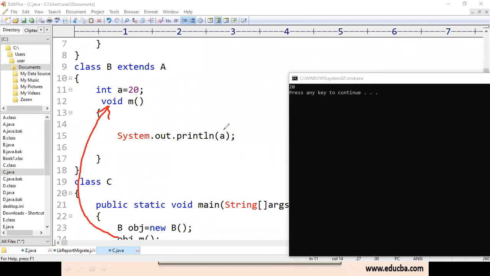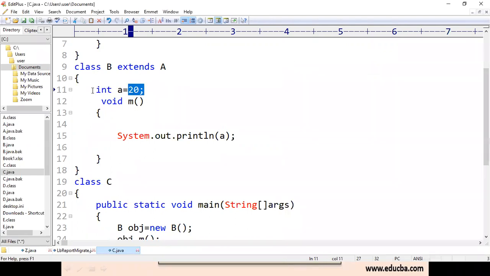So first it will search whether a is present in class B or not. If a is present in class B, then this particular statement is going to print the value of a which was present in class B. For example, if there is no a here,